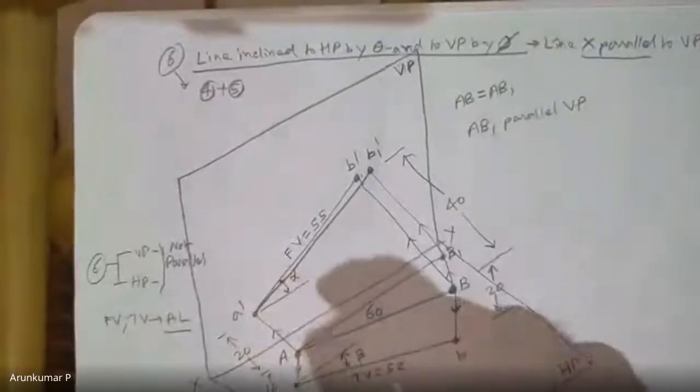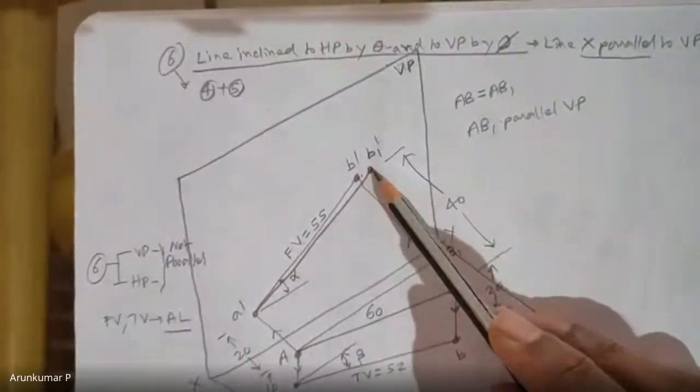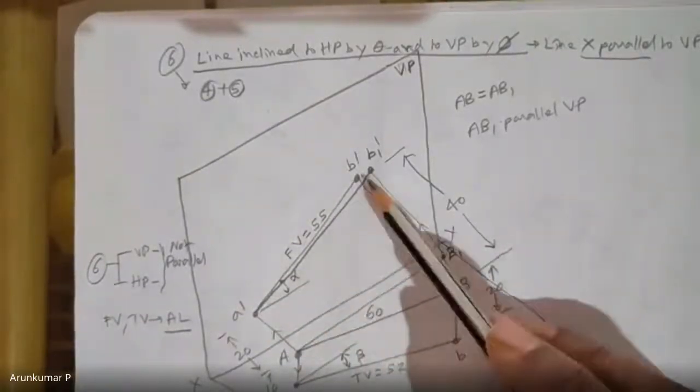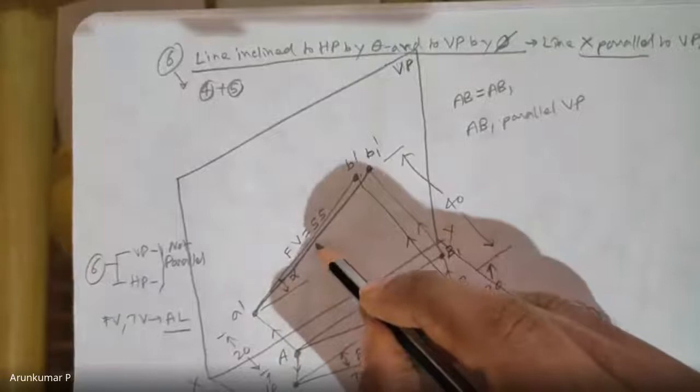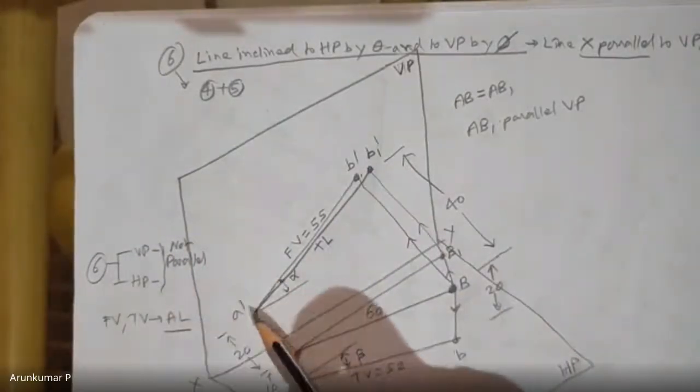Okay, now I think you can see. B1 I projected and got B1 dash. I have joined A dash and B1 dash. Can you see this line? What is this line? A dash, B1 dash. This is the front view